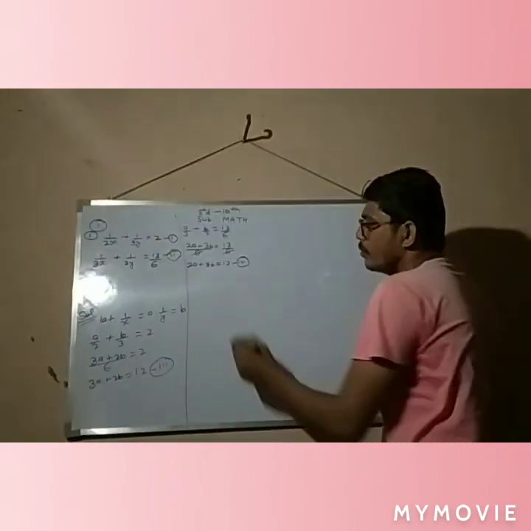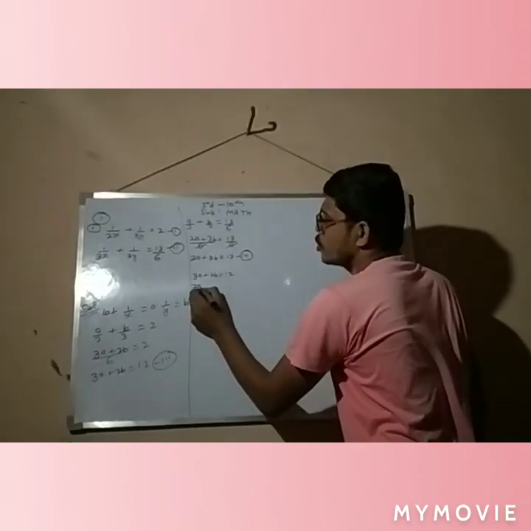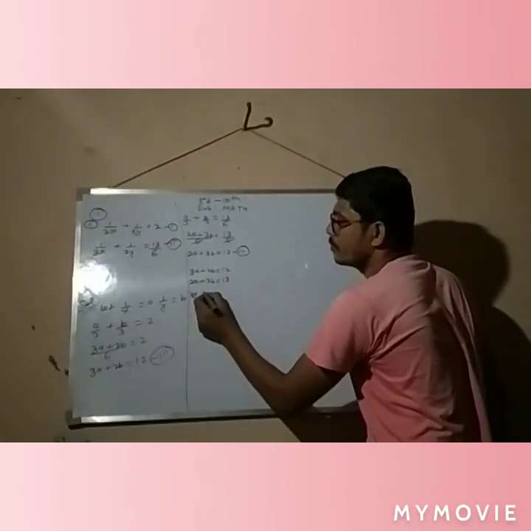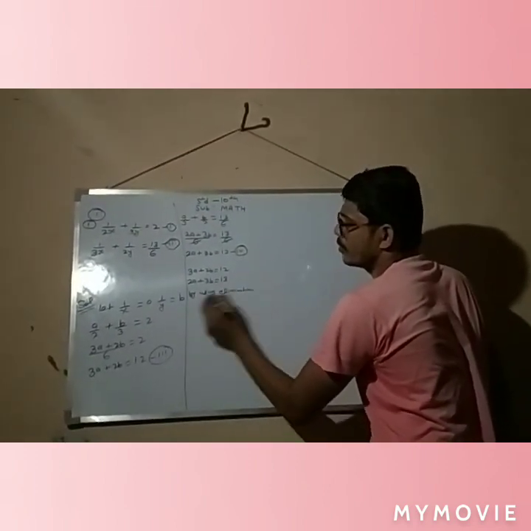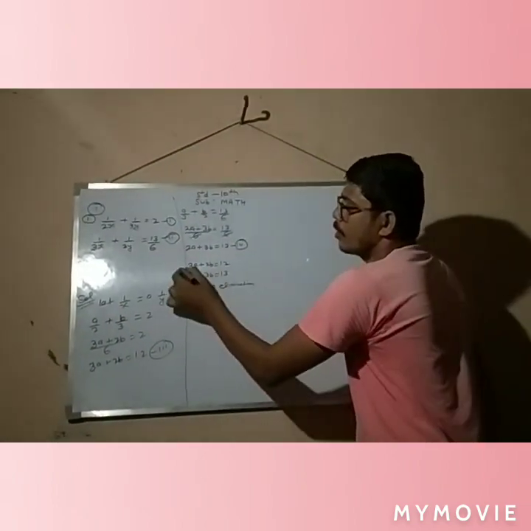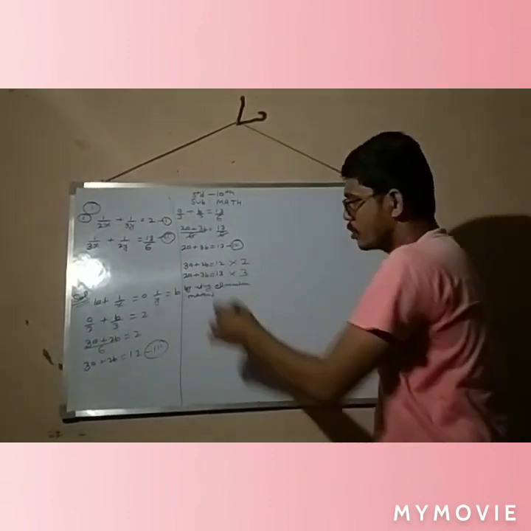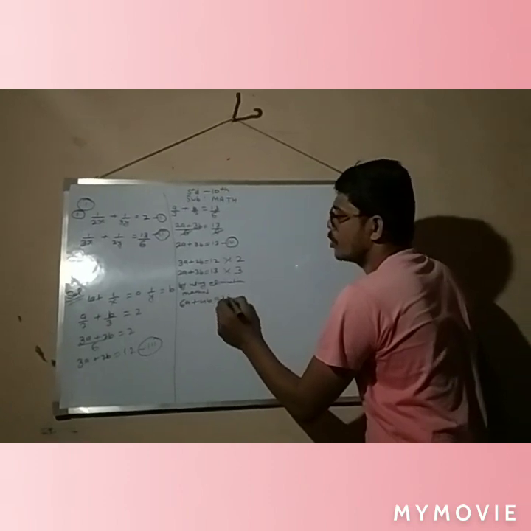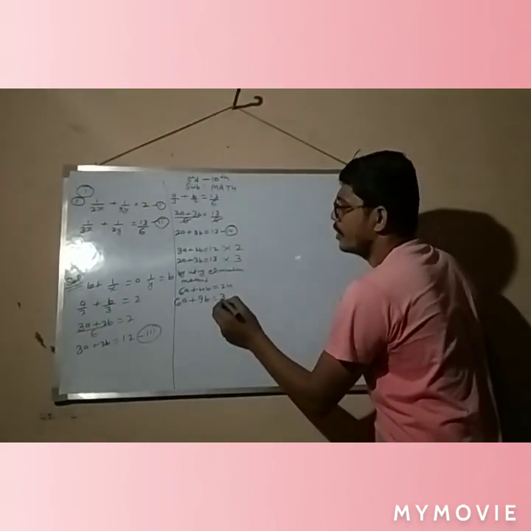On solving equations 3rd and 4th by the elimination method: 3a plus 2b equal to 12, 2a plus 3b is equal to 13, by using the elimination method. Now equation number 3rd and equation number 4. Now multiply equation number 3rd by 2 and multiply equation number 4 by 3. So 2 3s are 6a plus 2 2s are 4b is equal to 24. 3 2s are 6a plus 3 3s are 9b is equal to 39.